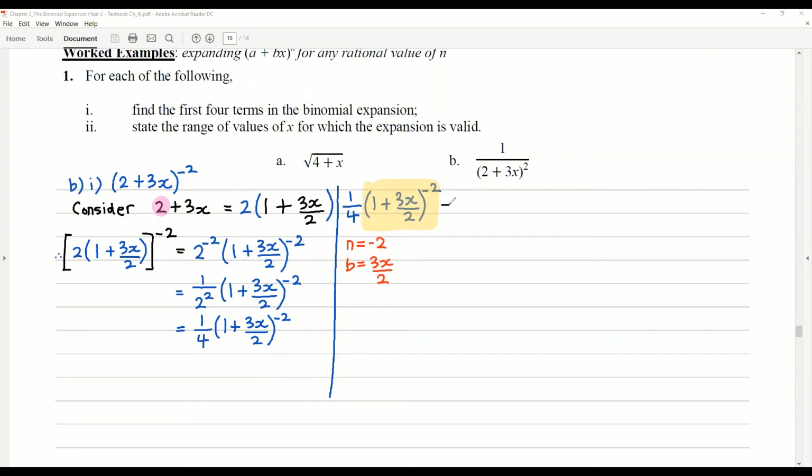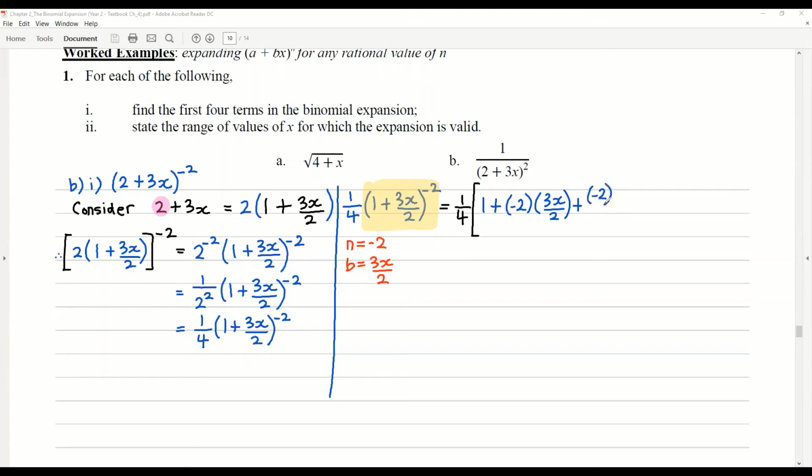So this is going to equal 1 quarter. Open your big brackets, and let's sub our n and our b into our binomial expansion. So we have 1 plus n times b, so that's negative 2, multiplied by b, which is 3x over 2. Okay, we need 4 terms, so I need 2 more terms, plus